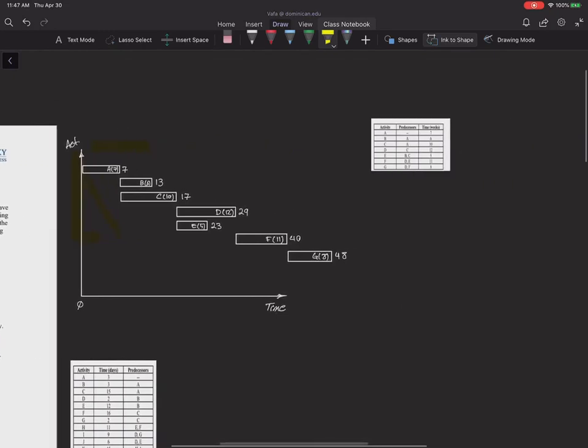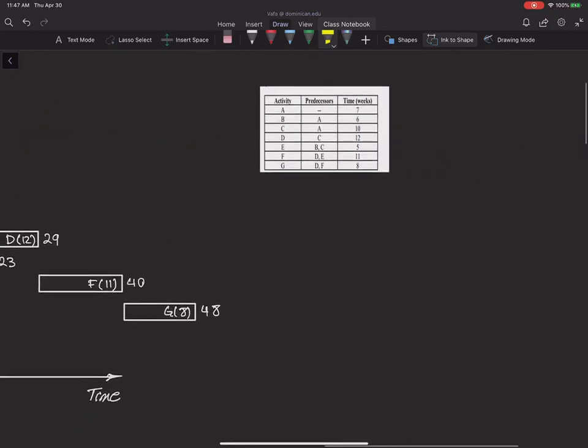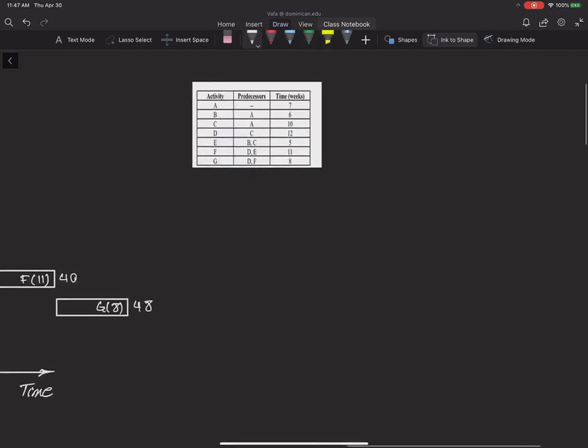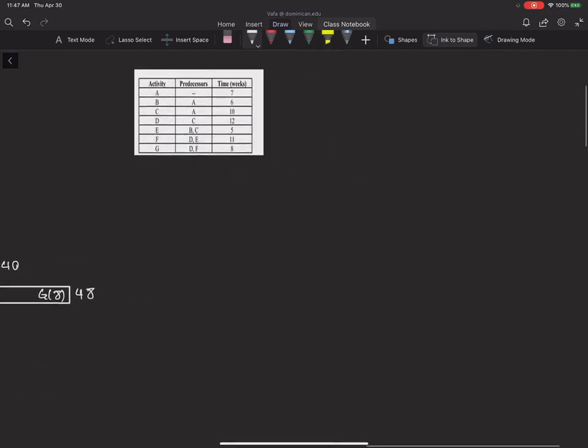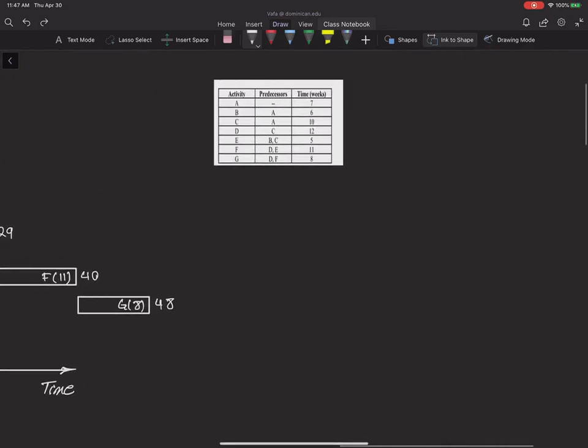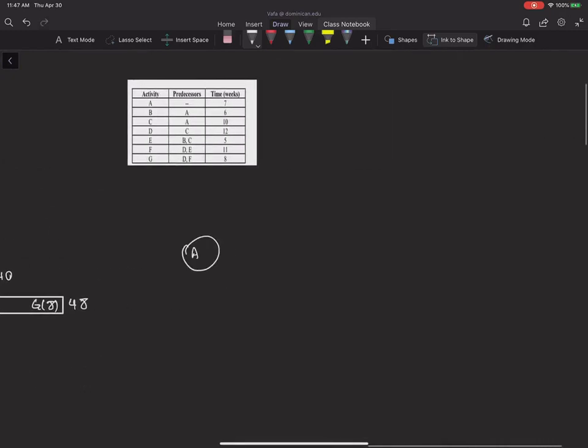So let's use this area to build our network. Again, I have a copy of this precedence diagram, so as not to shift left and right all the time. So let's get started with building this network. As you can see, activity E is the only activity that can start without any predecessors. So if I go ahead and show it with a circle and put the duration also in,